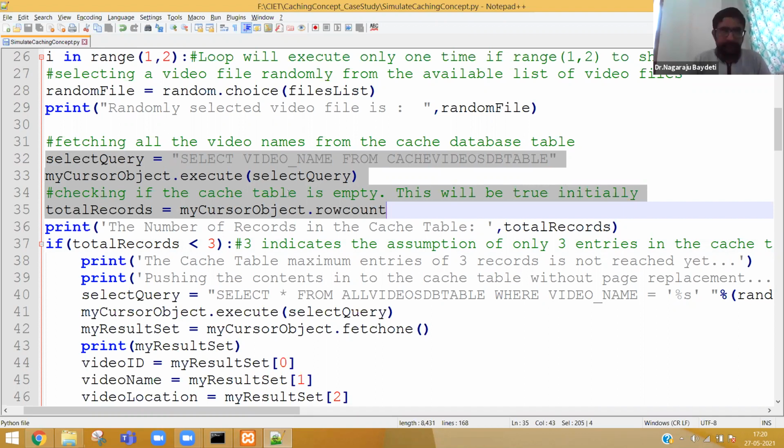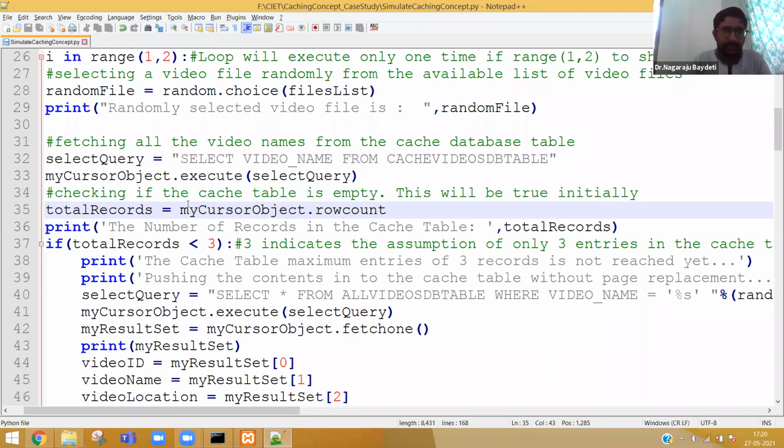Then everybody please observe my cursor object dot row count. Dot row count is an attribute of a result set. You know what is a result set? Yesterday I explained. Like fetch all. Row count is not a method, it's an attribute.